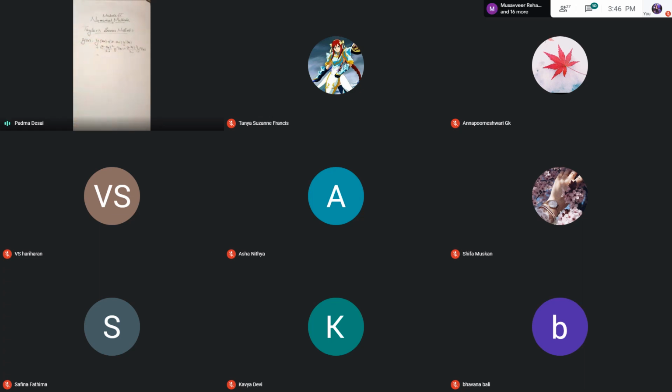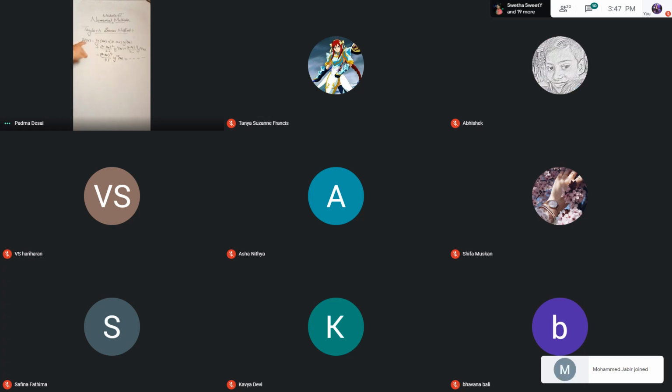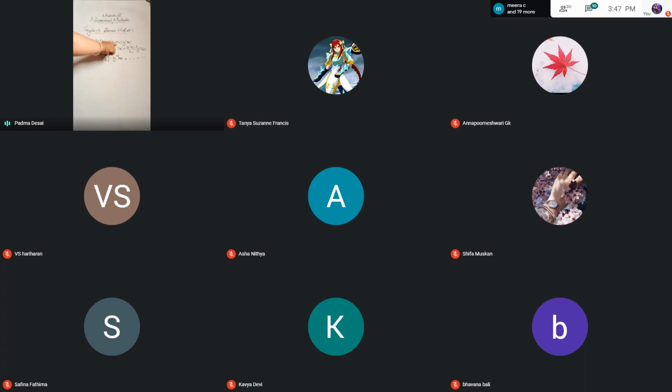Next, x minus x naught the whole square divided by 2 factorial into y double dash of x naught. Here, x minus x naught whole square, x minus x naught whole cube. That's how it is. What will be the next term? Can anybody guess in the same pattern? x minus x naught whole to the power 4 by 4 factorial. Perfect. Into the fourth derivative of y at x naught. And so on. So this is said to be Taylor series expansion. And we apply this expansion to estimate the value of y of x, provided you know what is dy by dx, and you know the given initial condition y at x naught, so that you can substitute the x naught value.